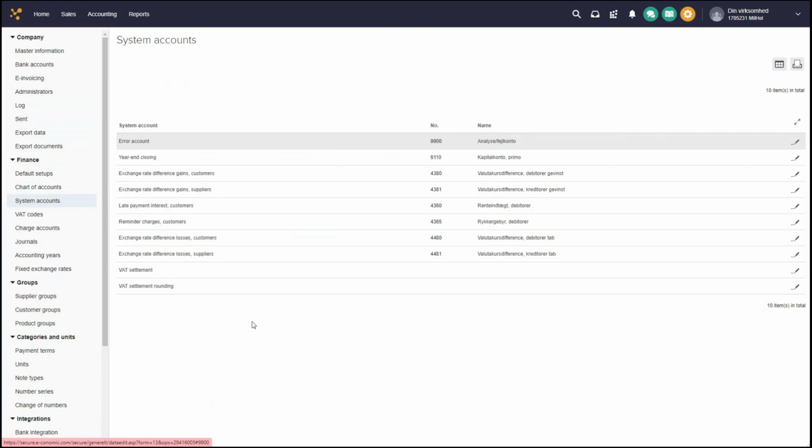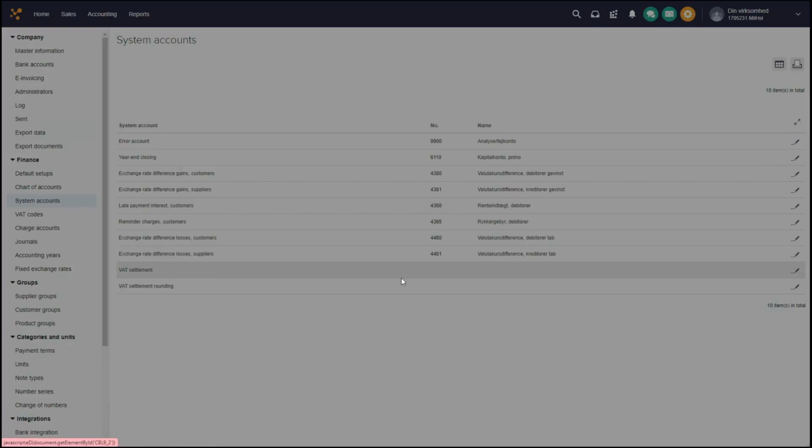In this case, we are looking at this one called VAT settlement. And as you can see out here under number, it is empty at the moment. So if I marked my VAT return, or my VAT statement report, as reported, the system would not do anything automatically. Therefore, I need to edit this VAT settlement out here with the little pencil and set up